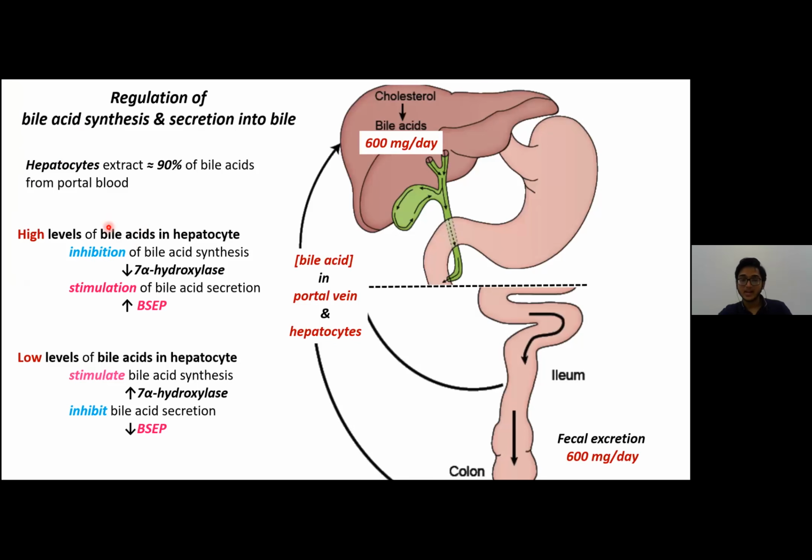Yeah, I told you to basically think about it like negative feedback. If you have high bile, you don't need bile. So you inhibit 7-alpha hydroxylase and you increase BSEP, bile salt export protein. Remember that? Which is primary active transport. So if you have high bile, you don't need the bile. By negative feedback, you inhibit